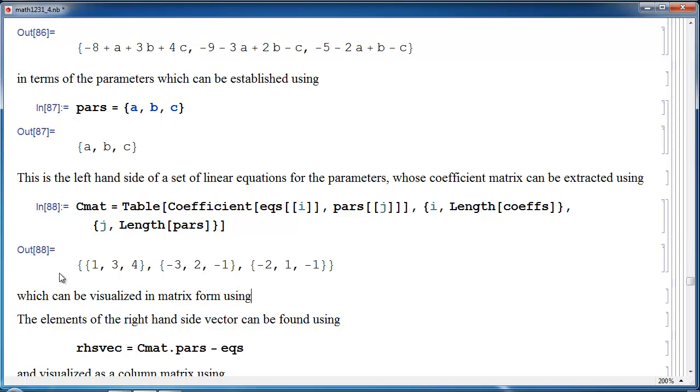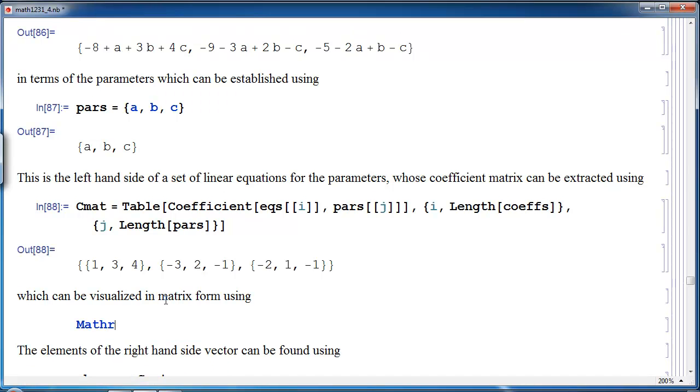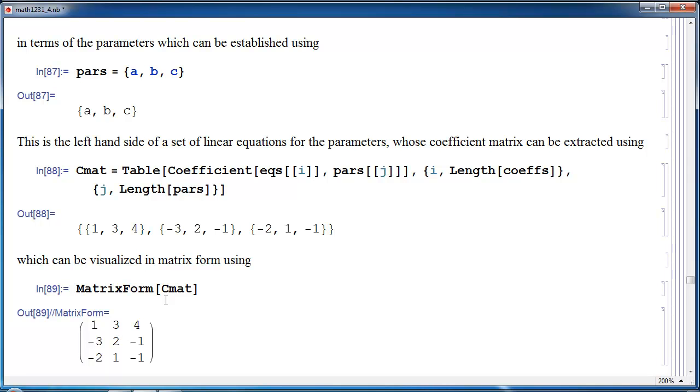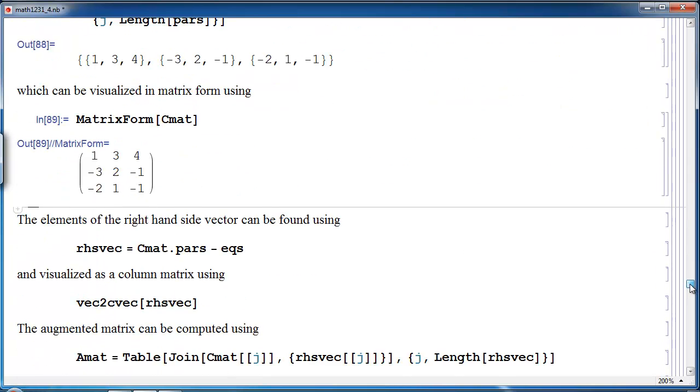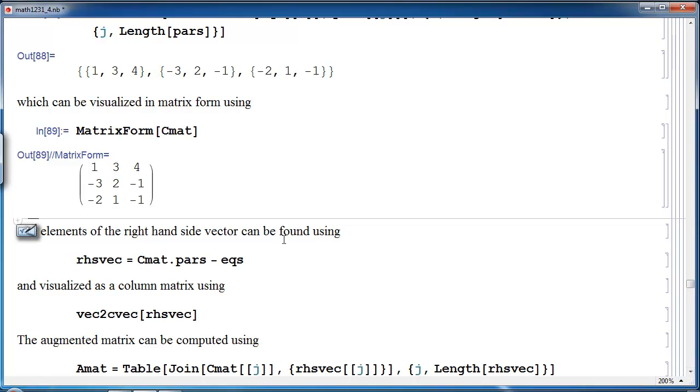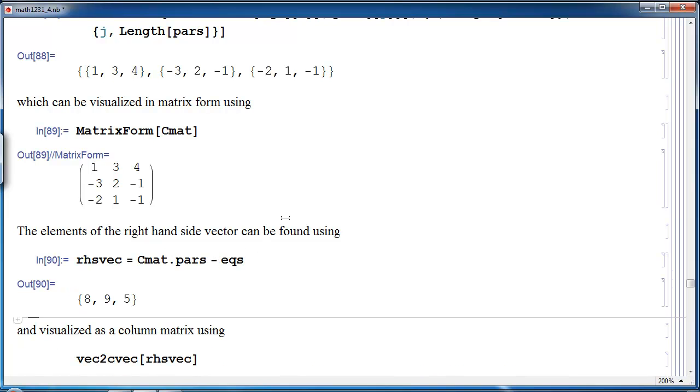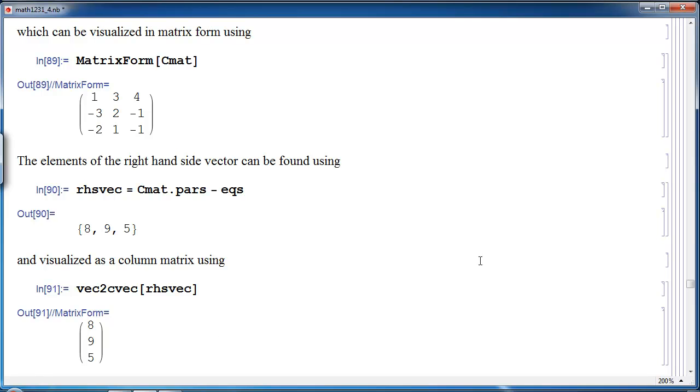There we go, and there it is. We've seen this before. And to get the right-hand side vector, we multiply the coefficient matrix by the parameters and subtract off the original equations, and that should give us the right-hand side vector, and we can visualize that using that, and that's the vector that we're asked to find